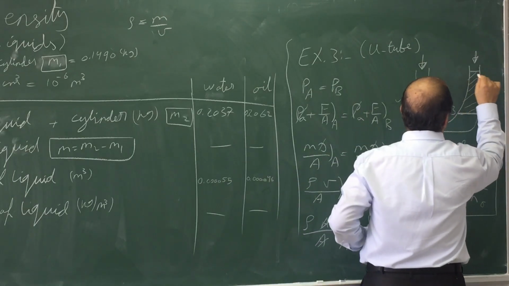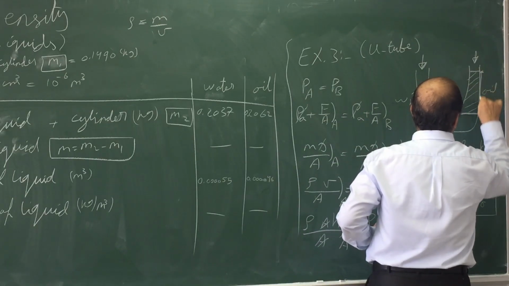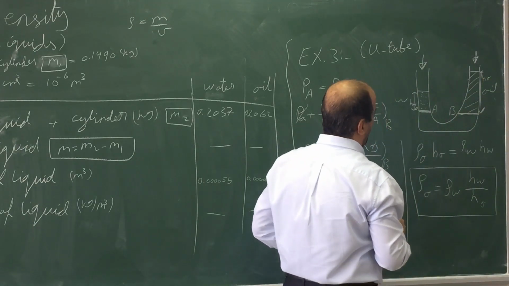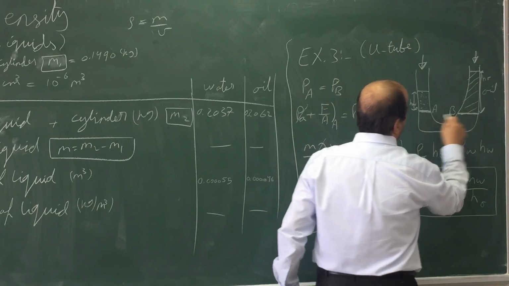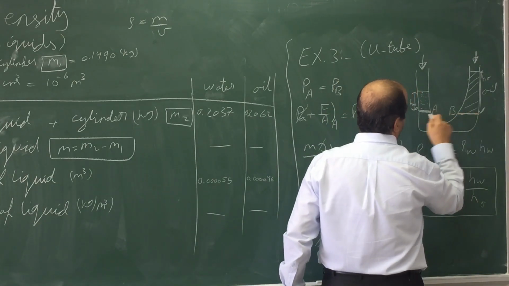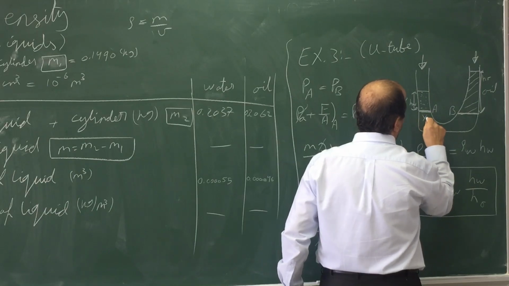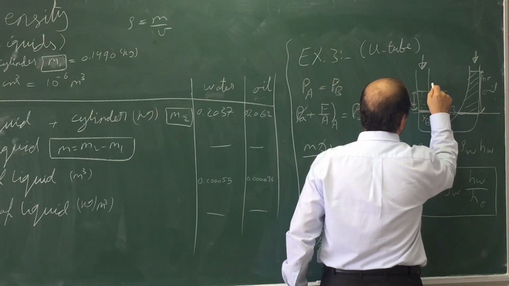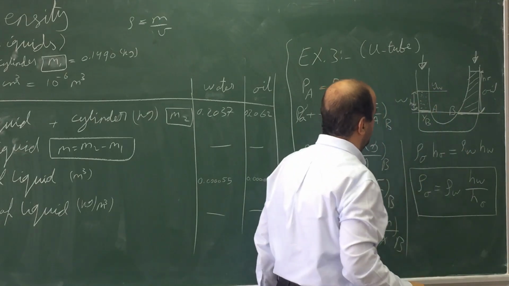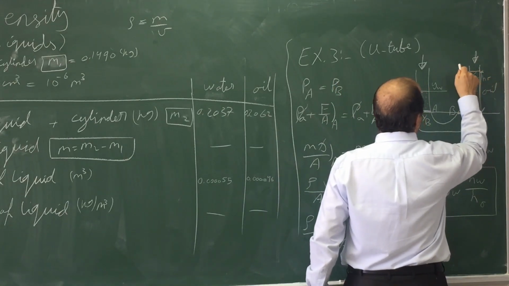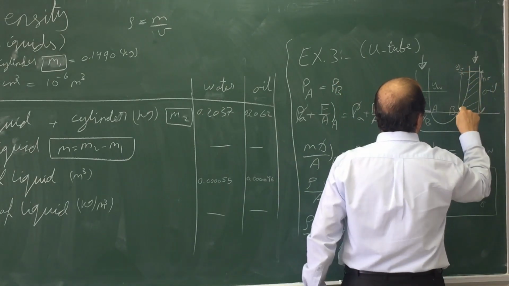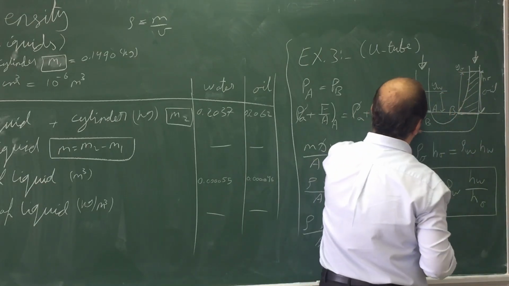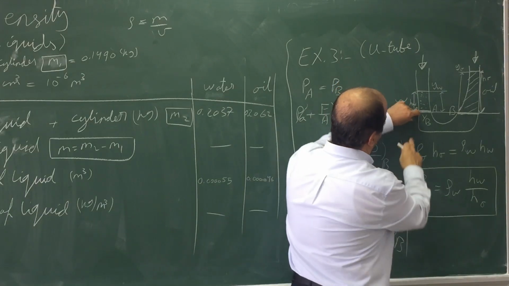divided by the height of the oil. This is the height of the oil, and this is the height of the water. To find that, we will call some distance here. We will make this reference as YB. This will be our YB, and this will be Y of the water, as we call it in the experimental work, and this will be the Y of the oil. We measure this from the reference point to here, and we measure this from here to here. If we know this value, 10 centimeter or something like that, and if this is 10 centimeter